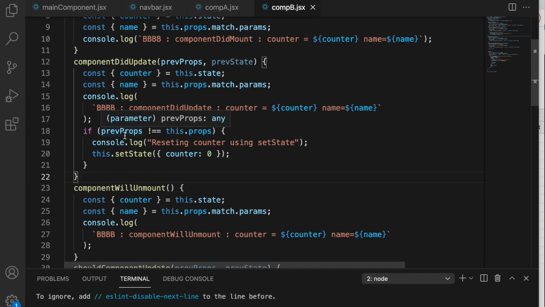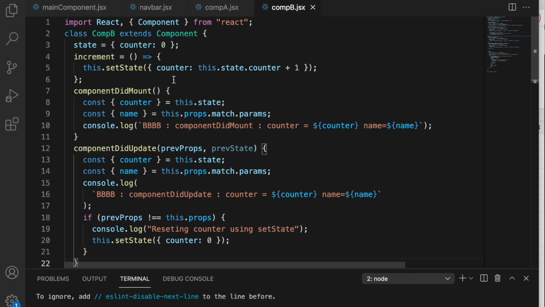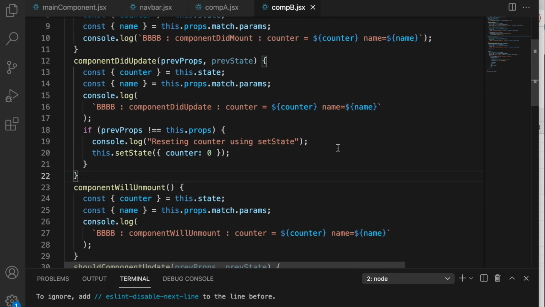The more commonly used cases are about props, which is what we have used here. So now the purpose of having this was that suppose we wanted to fetch any data from the server, we will typically do it in the did mount. Now if some change happened, like we saw in our previous examples of pagination or some parameters changed, that we handled in our component did update.